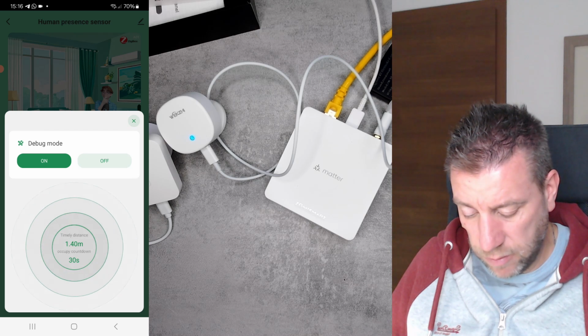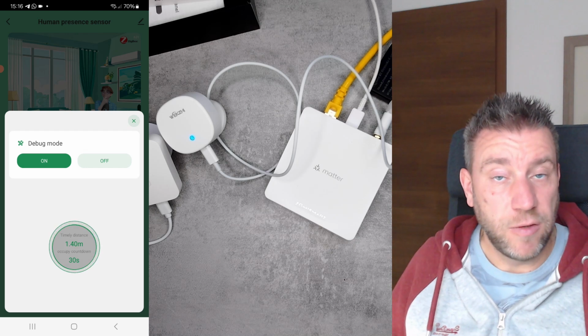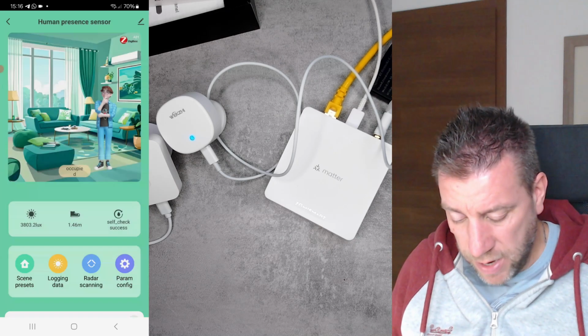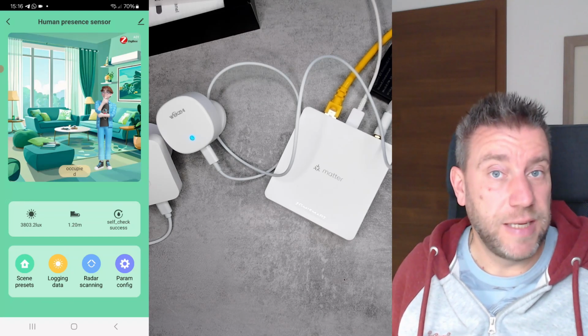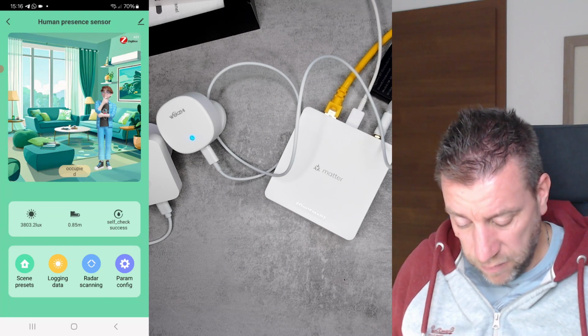So if it doesn't detect motion for 30 seconds, then the counter goes down, and at the end of that counter, it will say that the room is not occupied anymore, because this device only states whether the room is occupied or not. And especially if I go into the